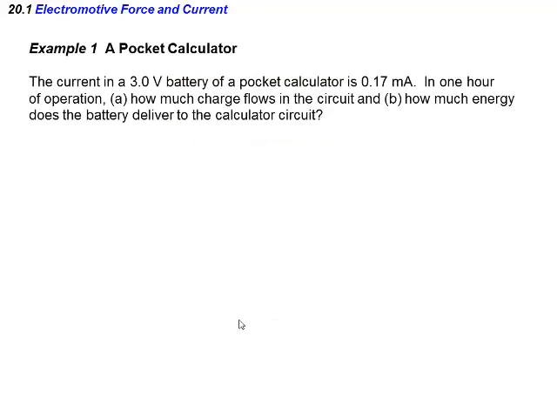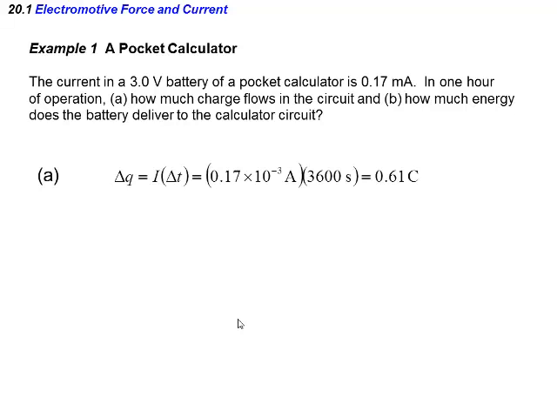For example, the current in a 3-volt battery of a pocket calculator is 0.17 milliamps. In 1 hour of operation, how much charge flows in the circuit and how much energy does the battery deliver to the calculator circuit? In order to solve that, we need to know the equation